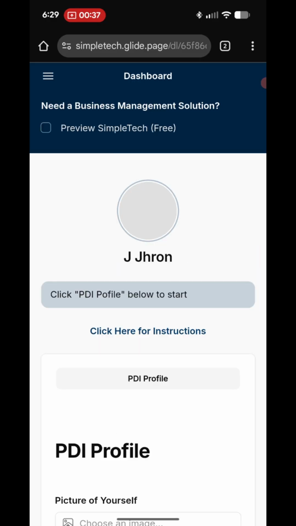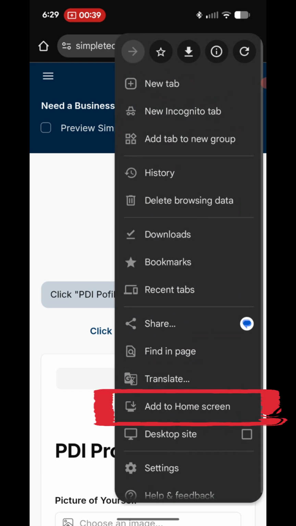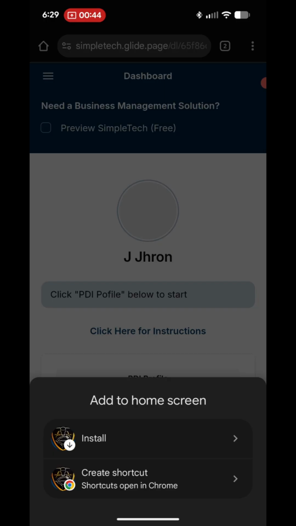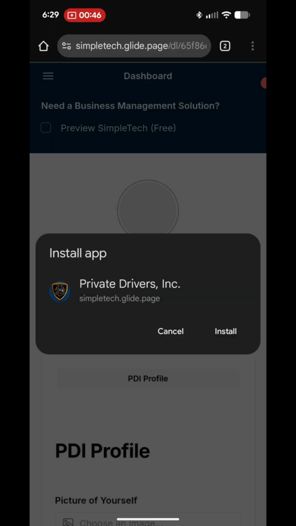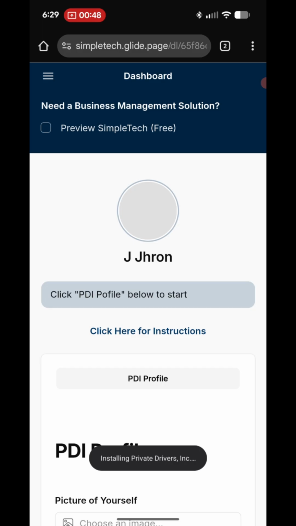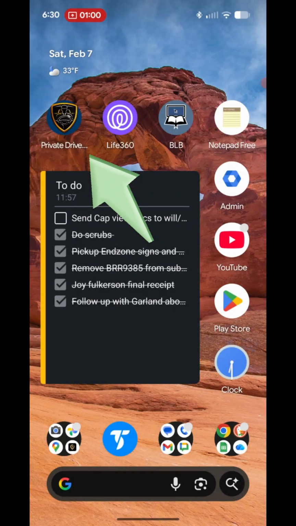Before you go further though, go to your browser's drop-down menu like you're going to share this page or add it to your home screen. On iPhone, that might be the square icon with the arrow pointing up, and find the option to install it as an app on your phone. Now it should appear on your home screen as an app icon, and you don't have to use the browser